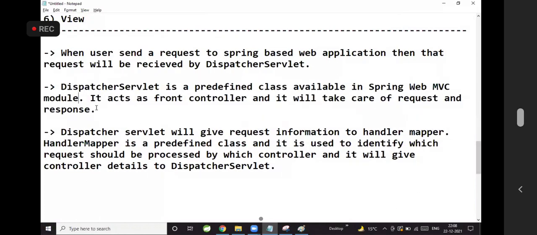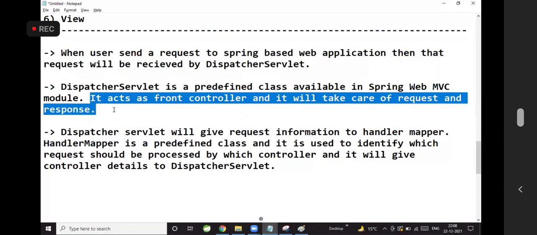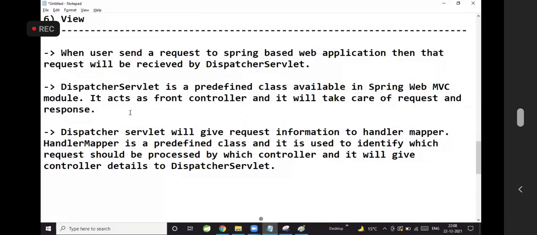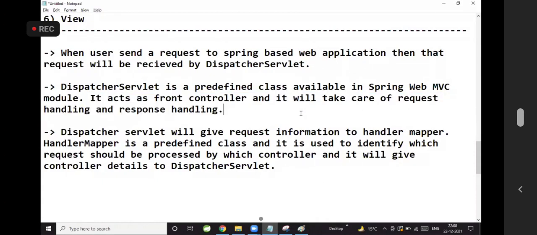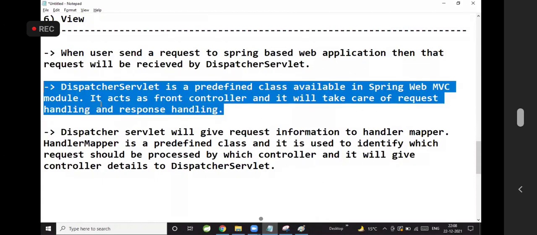It acts as front controller and it will take care of request handling and response handling.